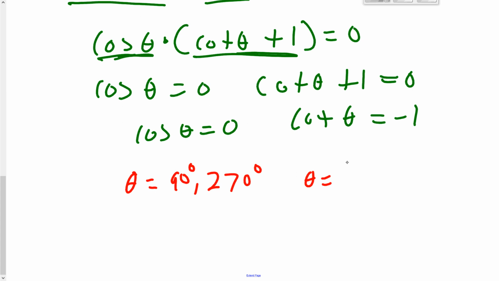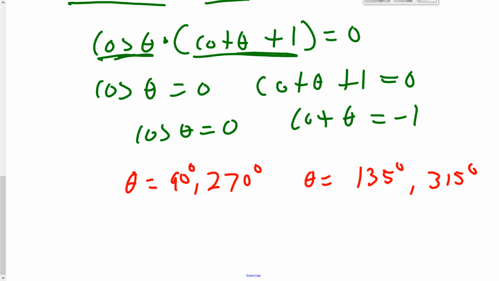Where's cotangent -1? Well, cotangent is negative in the fourth and the second quadrant. So we want -1. Well, cotangent is x over y. So that means where's our x and y the exact same? Well, that's when they're both root 2 over 2, right? So that would be at a 45-degree angle. But we're in the second quadrant, so a 45-degree angle in the second quadrant is 135, and then in the fourth quadrant is 315. So those are all answers for our theta here. And when we're solving, we can always plug these back in and check